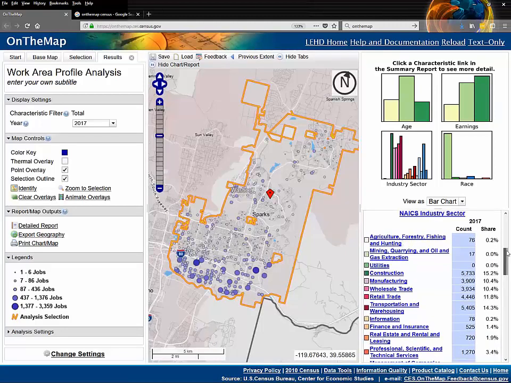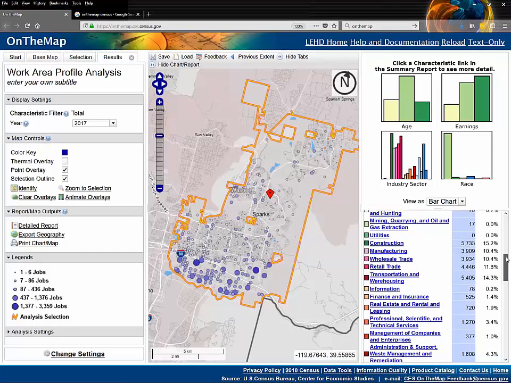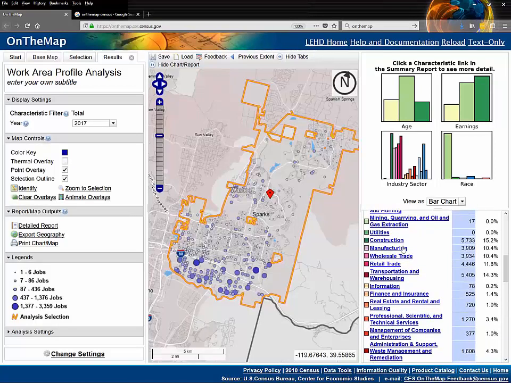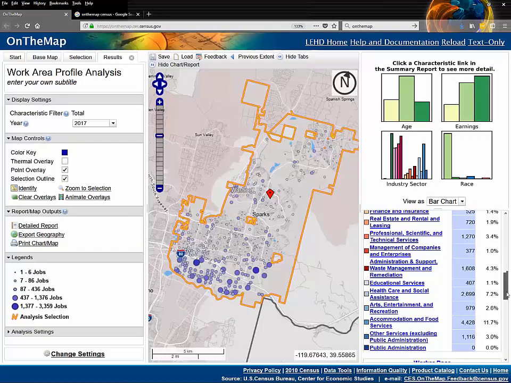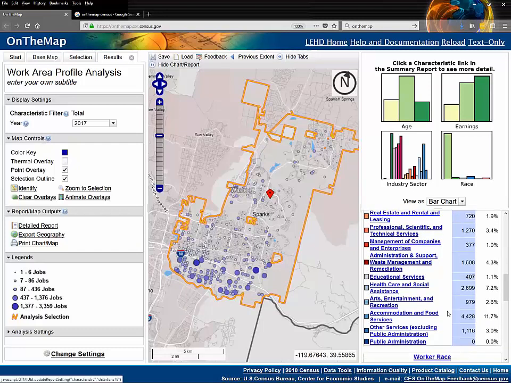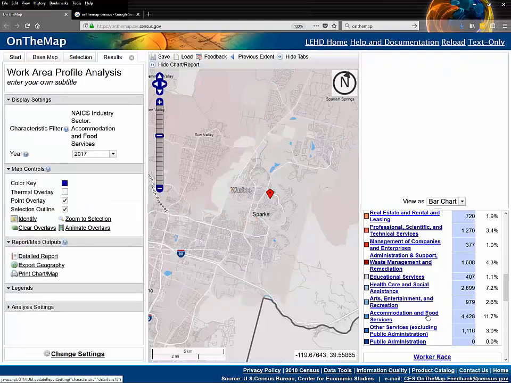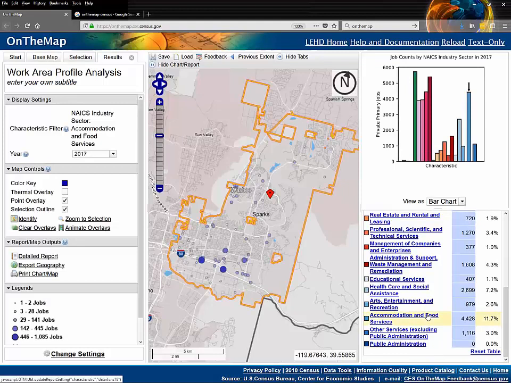I'll just point out some of the dominant sectors in Sparks: construction, manufacturing, wholesale trade, retail trade, transportation and warehousing, and also accommodation and food services. One thing that's quite neat about OnTheMap is we can dig in a little deeper here. If I say, well, almost 12% of employment in Sparks is accommodation and food services, where is that located? I can click on accommodation and food services. The map will update,